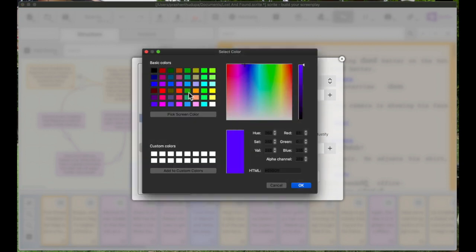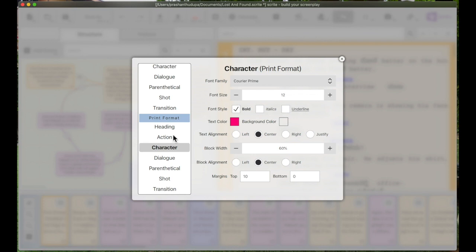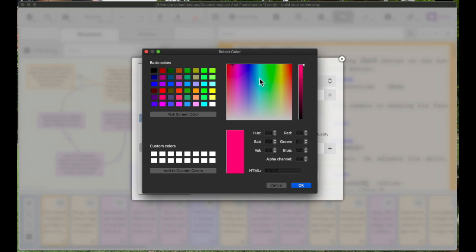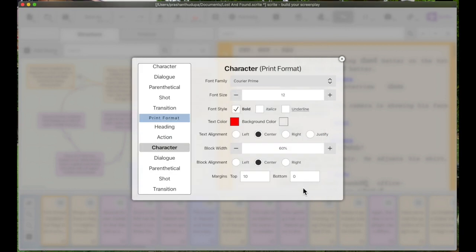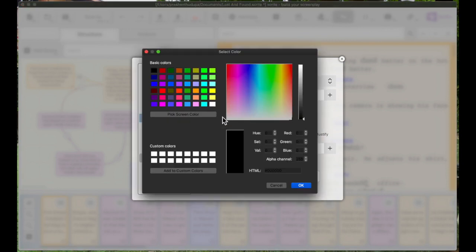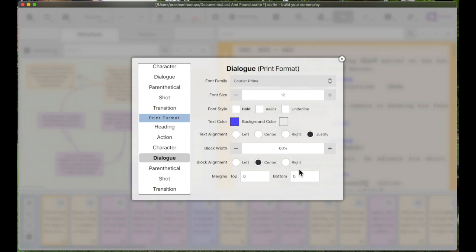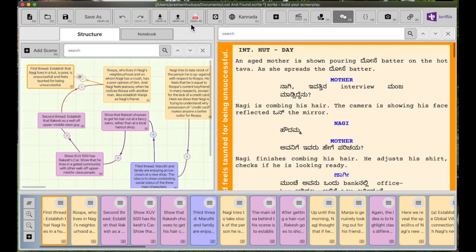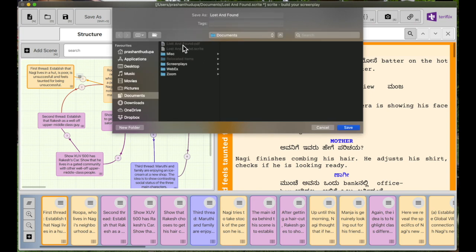So let's say I'm going to go ahead and change the color of the character names in my print export to red. Let's say, like, make them dangerous or something. And all the dialogues are going to be, let's say, in a little bit of blue color. Nobody would actually do this, but I just want to show you that these configurations are possible. So I'm going to close this, and you'll notice that nothing has changed in the on-screen representation of your screenplay. So now when I go to export and export it to PDF file,